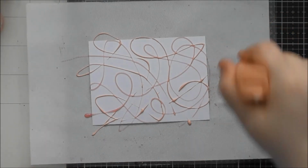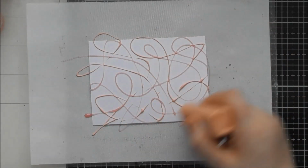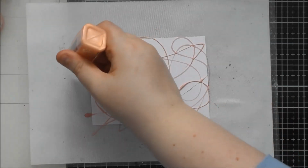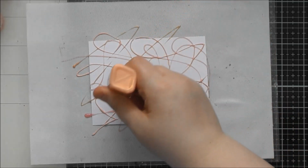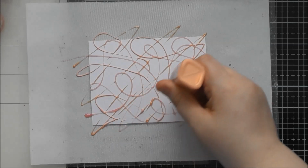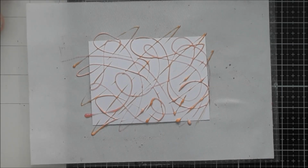Now we're going to go in with the dream drops as well, and actually on that one I went all swirly like this, but I kind of feel like maybe a linear of the dream drop would look quite nice, so I'm going to see if I can get that to sort of work. So we're going to go off the card first and then try and go backwards and forwards in a kind of linear fashion. I'm not sure that really works, but it's a different kind of effect. If you don't like the look of it, you know not to do that now,